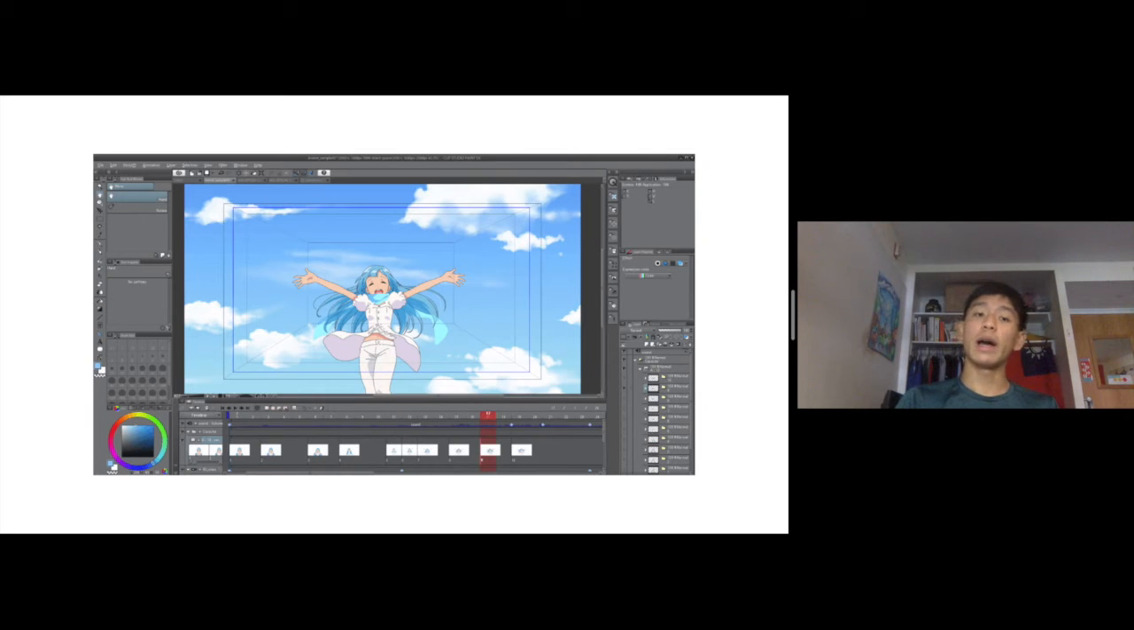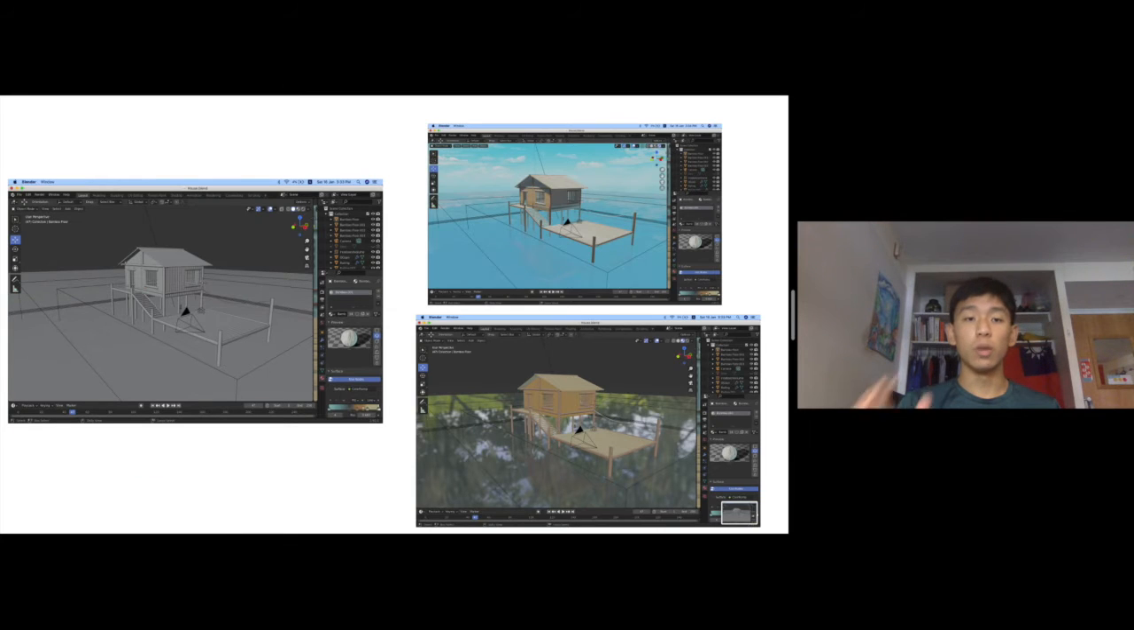On top of that, I already knew how to use Clip Studio Paint, which is what I did my 2D animation on. So I used a mixture of these two programs to achieve my final product. So this is what the interface of Blender looks like. To begin with, I started by modeling the object or the environment, which is the house that was